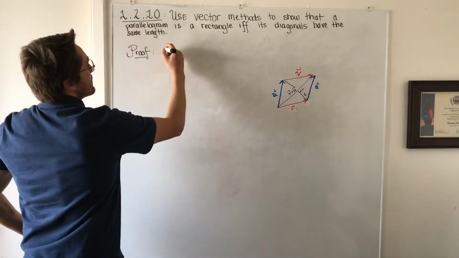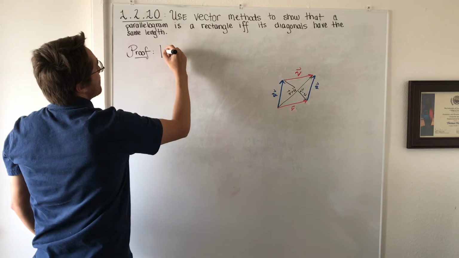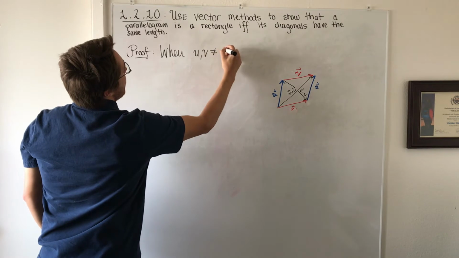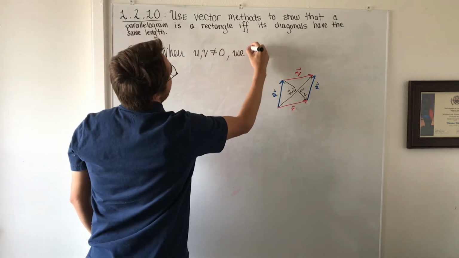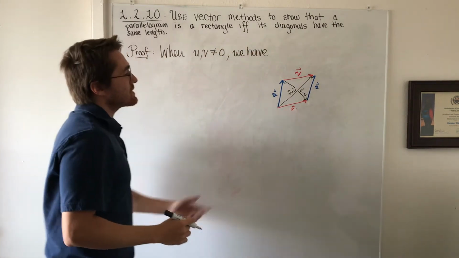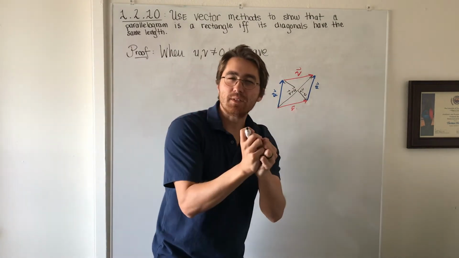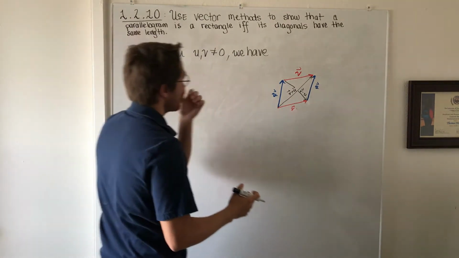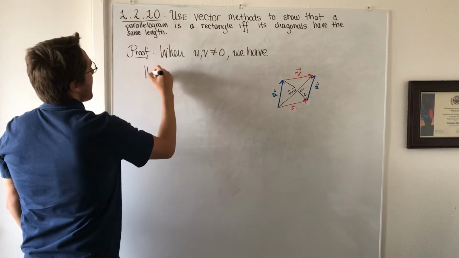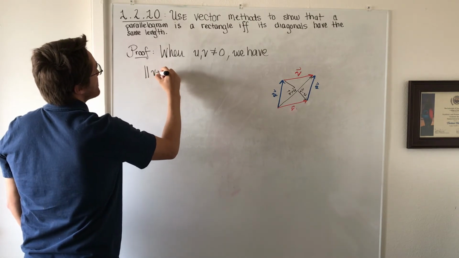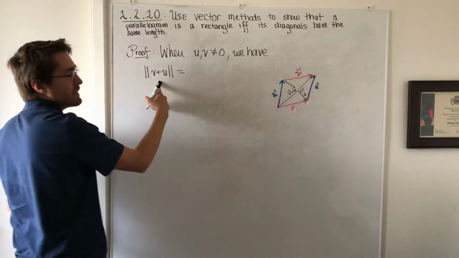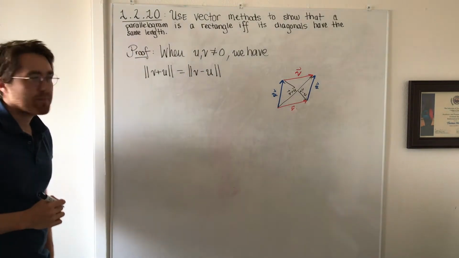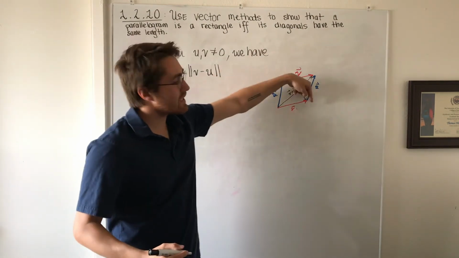And now what we're going to show is, okay, if, or maybe I'll say when u and v are not equal to 0, so let's assume this isn't like a degenerate case where this just collapses into a point or a line. We have an honest to goodness parallelogram here. Then when v plus u, its length, is equal to v minus u, this length, right? So we're saying this diagonal is equal to that diagonal in length,